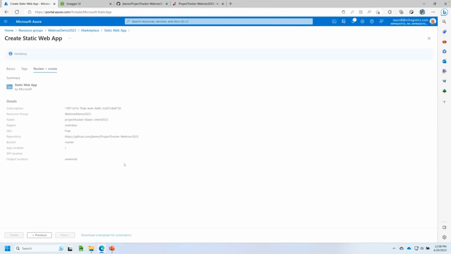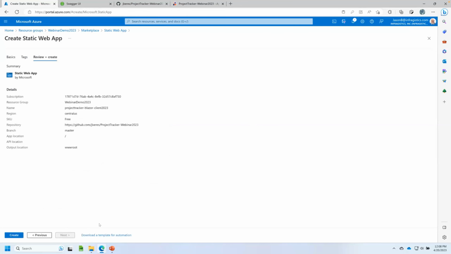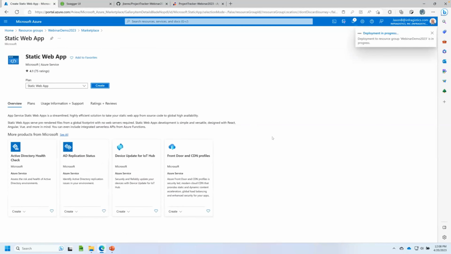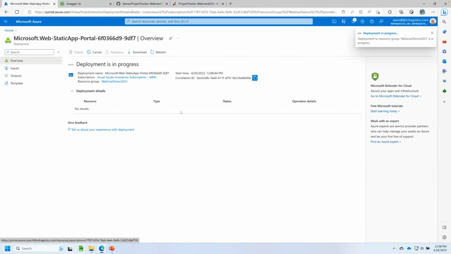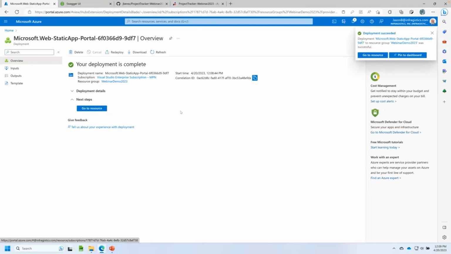And again, this is going to do the same exact thing we did with our web API app. We are going to create the resource in our resource group. Through this exercise, Azure is injecting into my GitHub repo the file which will kick off the GitHub Actions, which will then build and deploy this. So now if I go to resource,